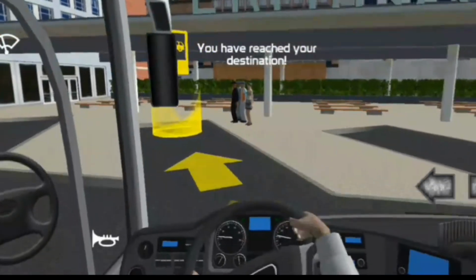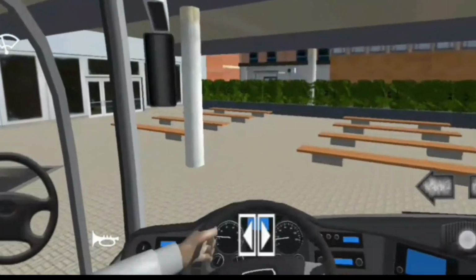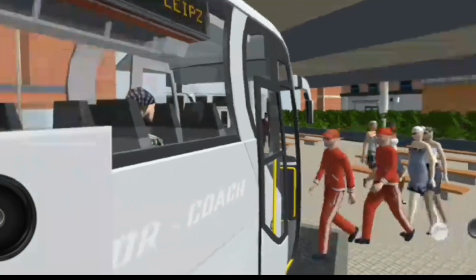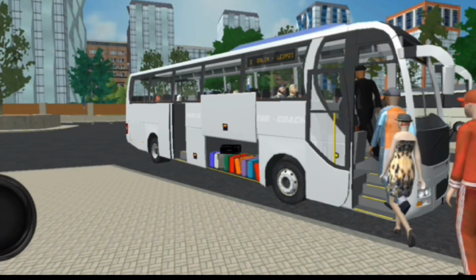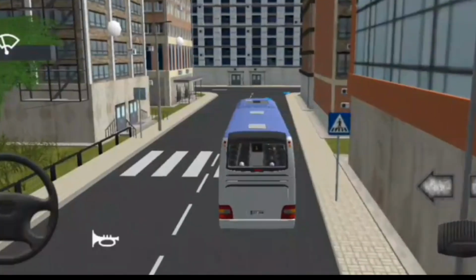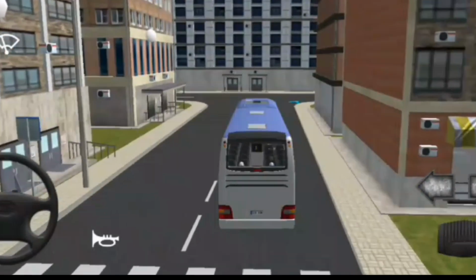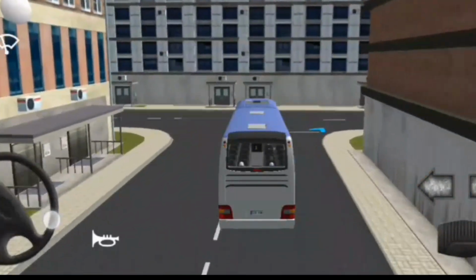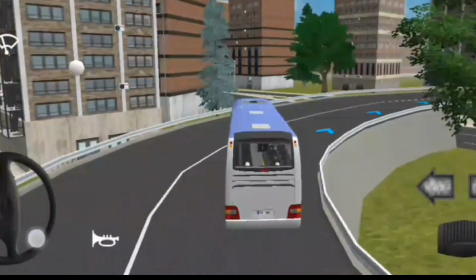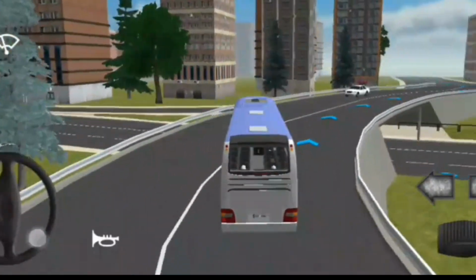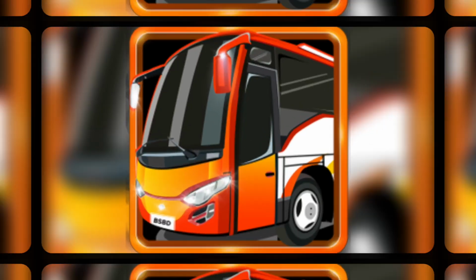But we couldn't keep it on our list because it was mainly not a bus game, rather there were other transport vehicles like cabs or minibus. This game, Public Transport Simulator Coach, is similar to that game in terms of the graphics, but its main theme is to operate a coach bus in a large map. Till its update on July 2024, it has over 15 million downloads on Play Store.